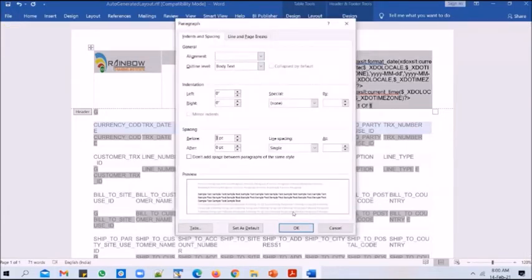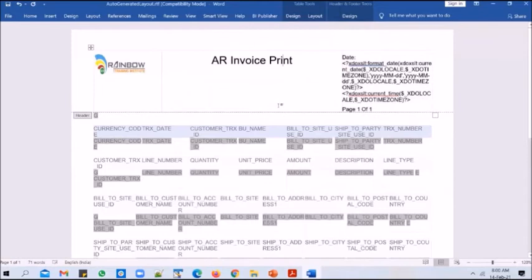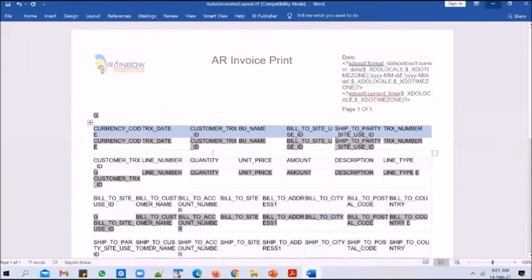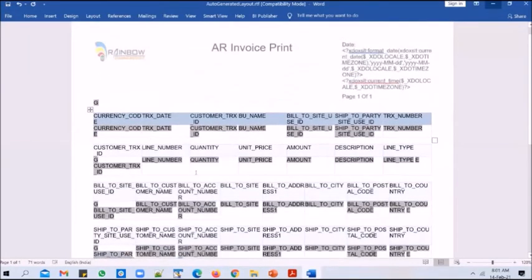So the best thing with RTF is it is nothing but working with a Microsoft Word document. All the properties, or the way you make changes in the layout, it is as good as editing a Microsoft Word document. That is the best part with RTF templates. And if you go back to the actual details,